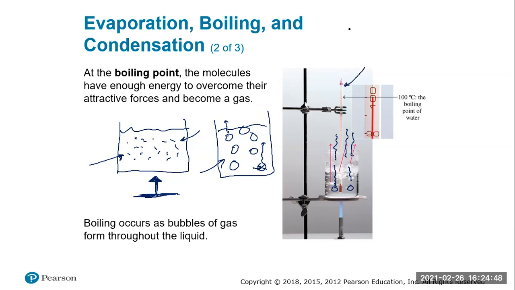Sometimes people get nervous about the thermometer, because a lot of thermometers in the chemistry laboratory max out at about 100-ish, not too much higher than that. So people are always concerned, am I going to break my thermometer when I start to boil? And the answer is no, because the boiling point is right there at 100 degrees Celsius. That's basically where the water will boil. It really won't continue to get very much higher after that in most cases, and you don't have to worry about your thermometer breaking.